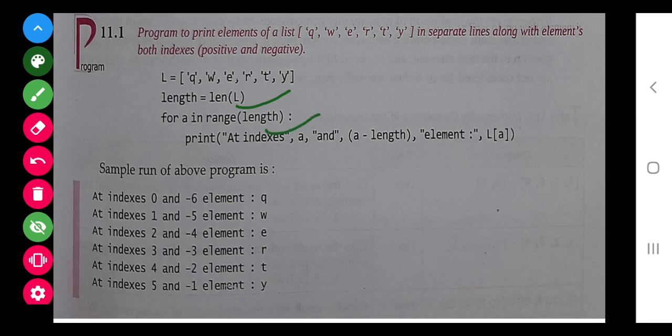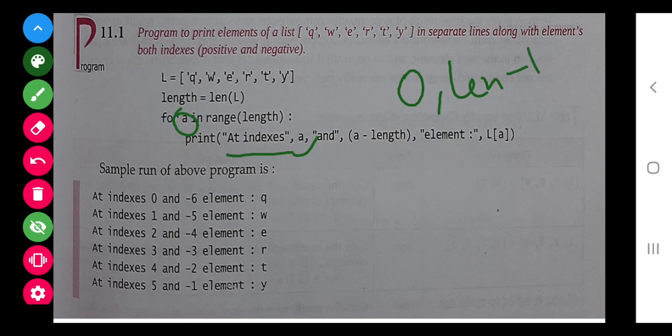Now range length they have written means 0 to length minus 1 comma 1. In short, we can write length directly. Next, index a. What is a? This a. The value of this a will be 0 in the starting, because as I have told you, 0 to length minus 1 comma 1, so it will be 0, and here it will be